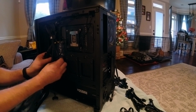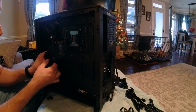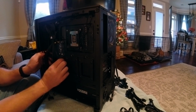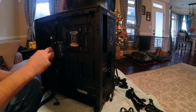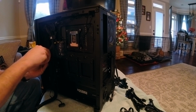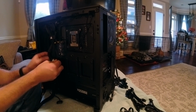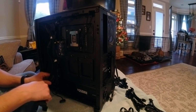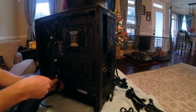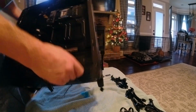Let's go ahead and just lightly cinch that out of the way. Okay. And then this will go through the second one, and we'll tuck it in behind that, and that's going to go into the power supply. So now,